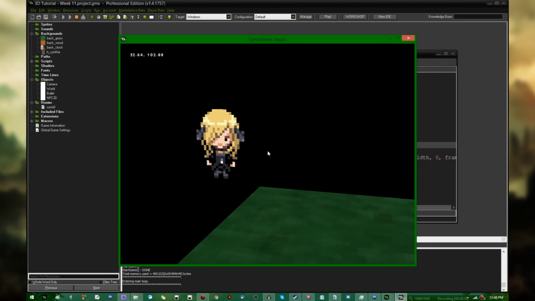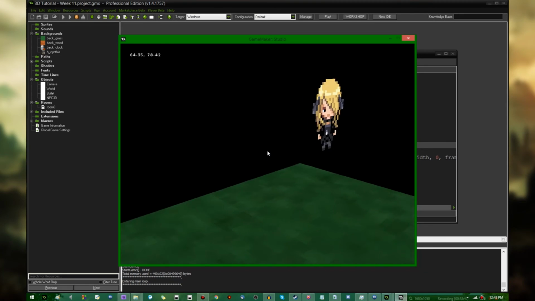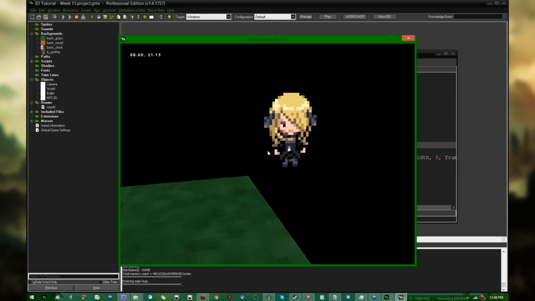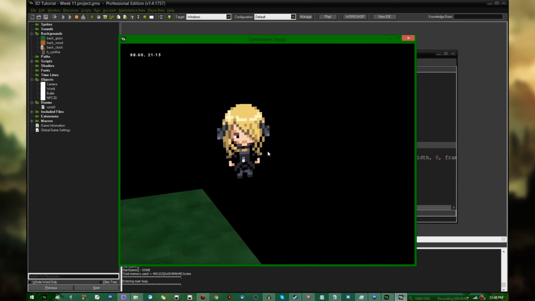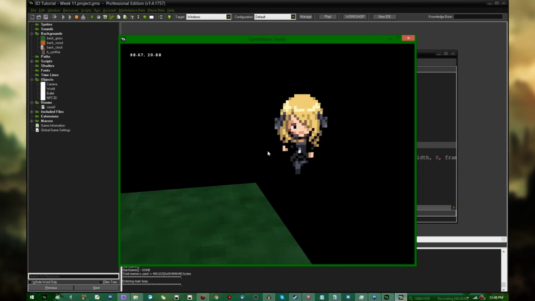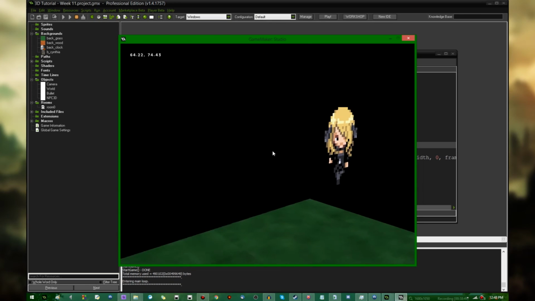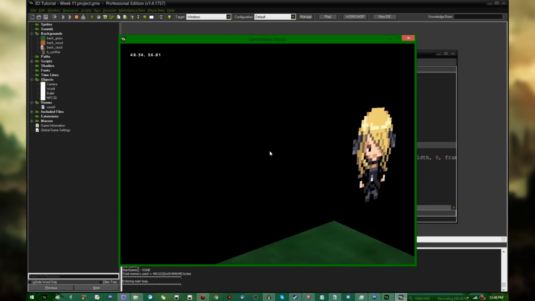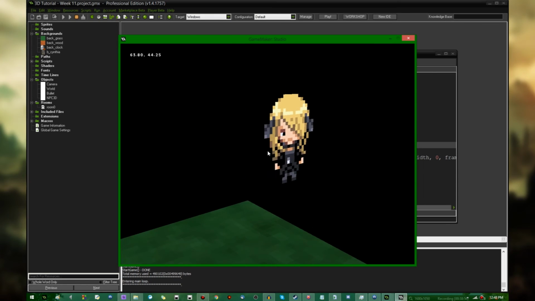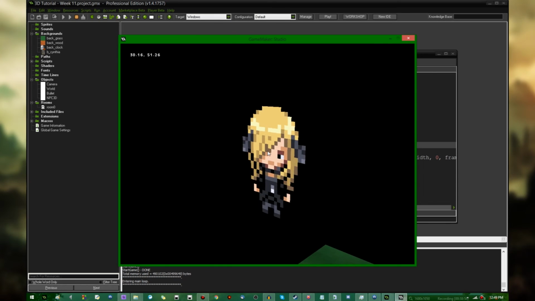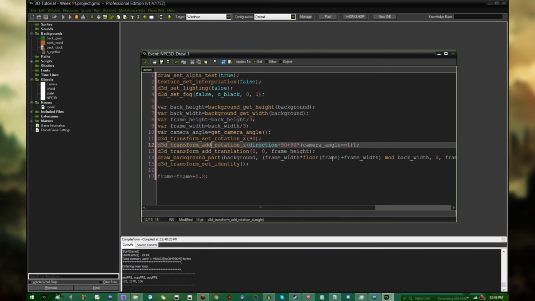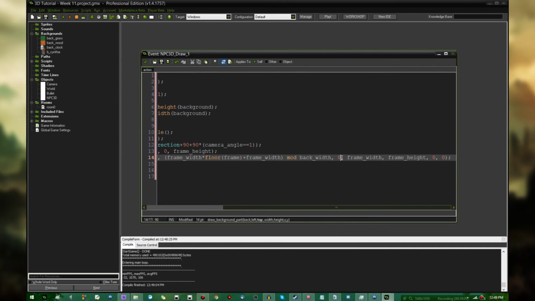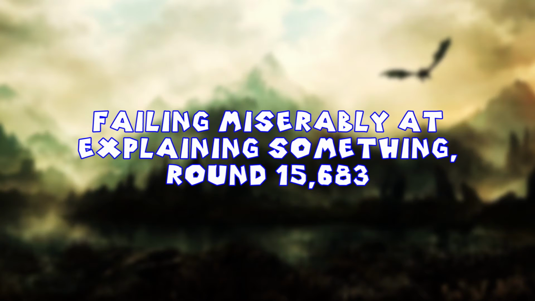I'm staring at Cynthia from the front, and you can see her face. I move over here, and you can still see her face because we haven't told the game which direction we're supposed to be drawing on the sprite index, but we're still looking at her from the broadside instead of a rather narrow angle. And if I were to move like this, the game would adjust the NPC so that we're always looking at the broadside. All right, next, so that we're always facing the right side of the NPC, in the top argument,